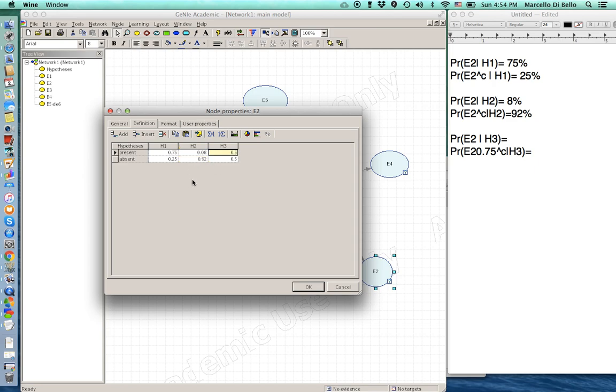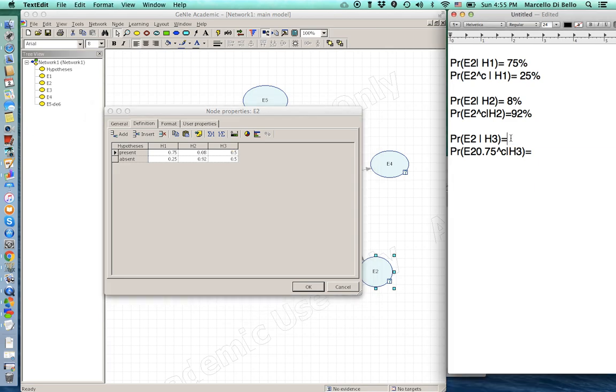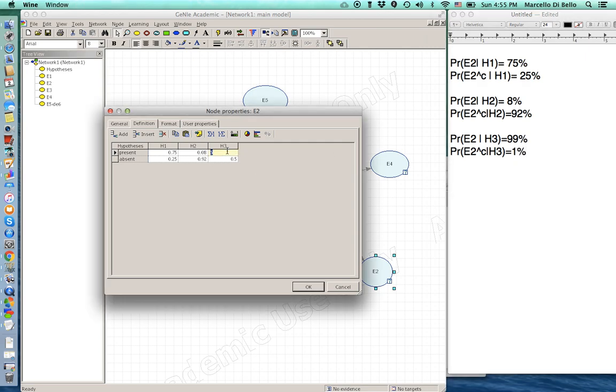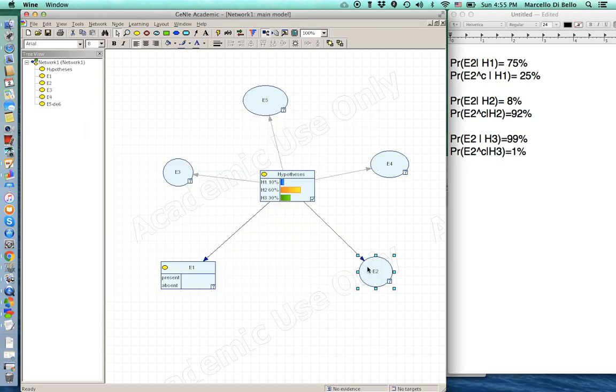And then finally, suppose that our research shows that the probability of E2 given H3 is 99%, and therefore the probability of the complement of E2 given H3 has to be 1%. So we can put these values here in the third column. So this is going to be 0.99 and this is going to be 0.01. Okay, so we have our values again assigned according to our research, and so we can click OK, and